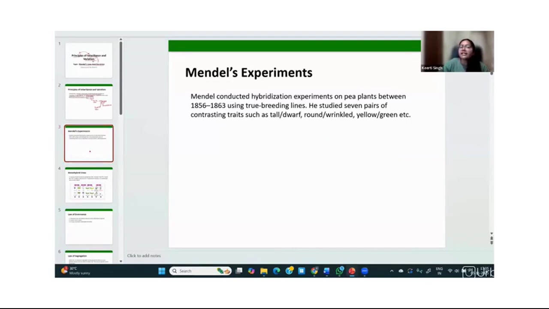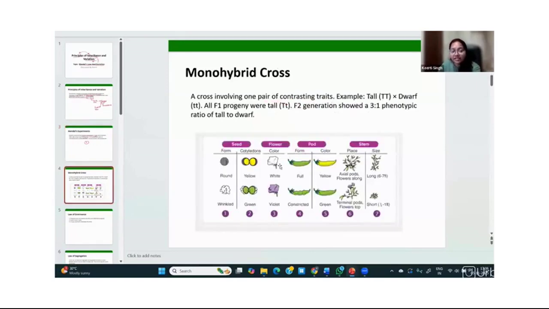Mendel conducted various hybridization experiments on pea plants, using true breeding lines. In total, 7 characters were studied by him. All the characters were visibly present. One can visibly see these 7 characters in the pea plants. These 7 characters were